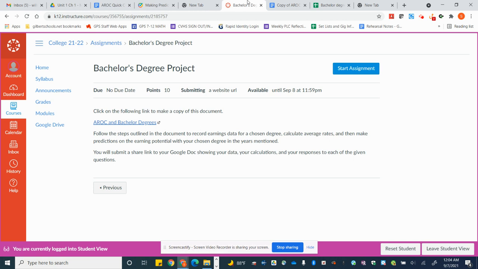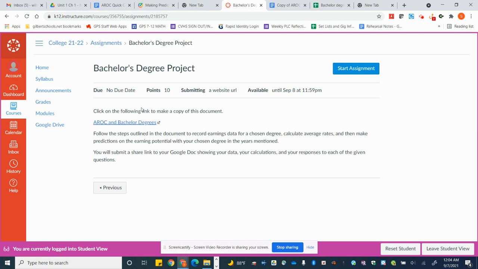So that was the task that was right before this bachelor's degree task in Canvas. And most people were able to finish that up on Friday. But if you need to, go back to that and you can review some of the extra examples. And that will then cue you up and get you ready for today's task, which is just called the degree